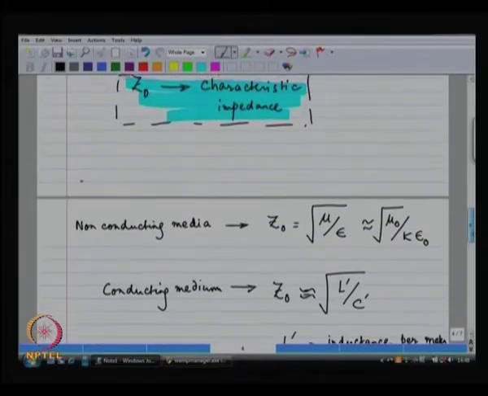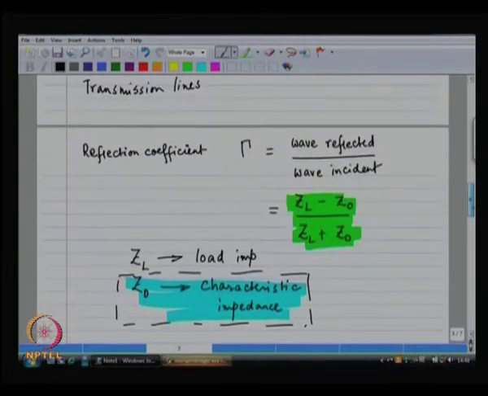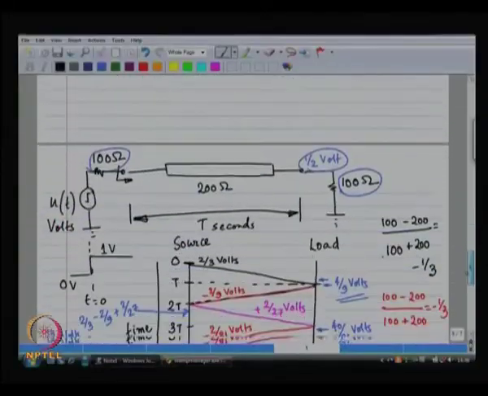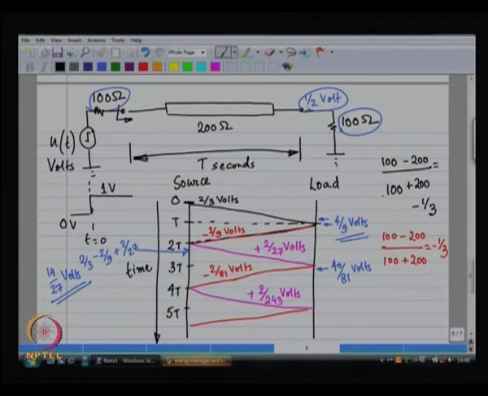The other thing that changes when you incorporate loss is the fact that this parameter Z naught no longer remains a real number, it could very well be a complex number. ZL, ZS, these could also be complex numbers, in which case gamma itself is a complex number, in which case all of these reflections that we did in the time domain become much harder to do, because when the reflection coefficient is a complex number, then what you have to